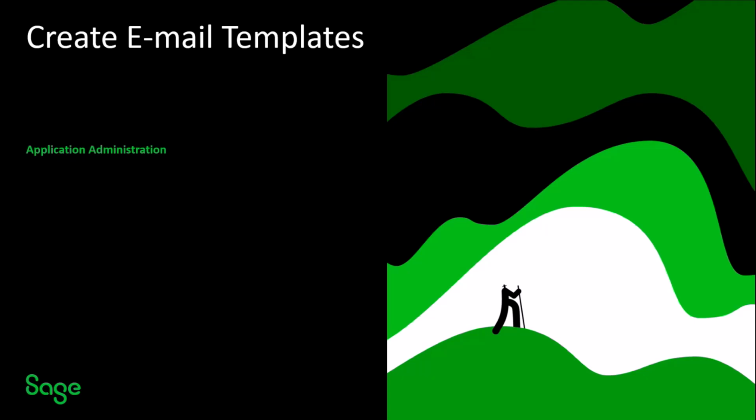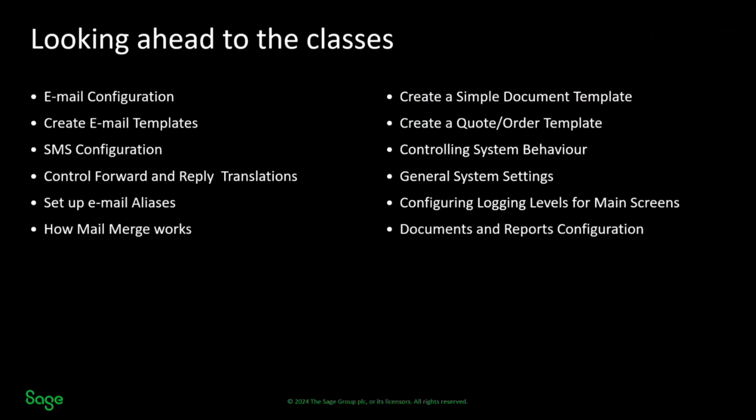We're looking today at the creation of email templates within Sage CRM, and it forms part of the application administration cycle of training. It's the second of 12 lessons that make up this group of 12 lessons. We're concentrating today, as I said, on the creation of email templates, but we'll be going on through the cycle